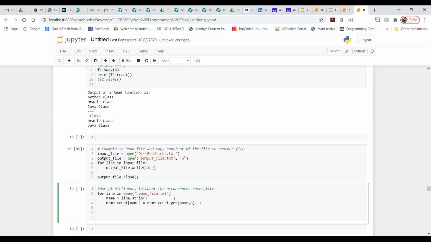Now we have this file. I need to read each line of this file, and I'm going to use strip. Strip splits basically, and then I'm writing a name, and then I wanted to count something. I wanted to count that name, and for the name count I am writing here dot get name comma 0, and whatever I'm getting here, I am writing a plus 1. Okay, now,